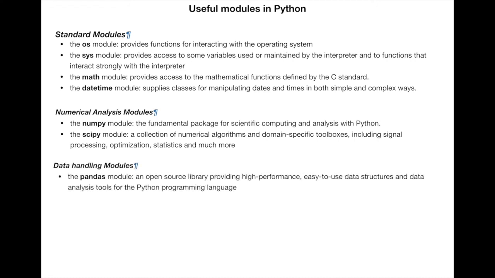And the other one is the data handling module, which is Pandas, right? So Pandas is an open source library providing high performance, easy to use data structures and data analysis tools for Python programming. Pandas is very, very powerful on data handling, including how you sort the data, clean the data, and make the data ready to use. So this is going to be the second important module that you need to learn later on in the course